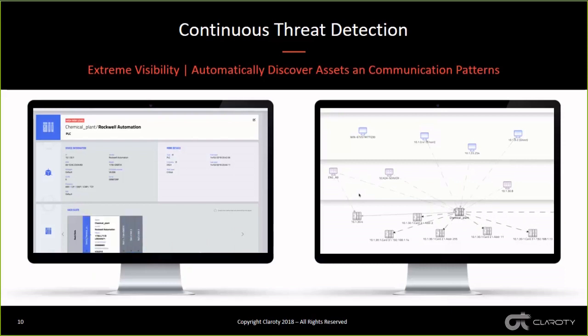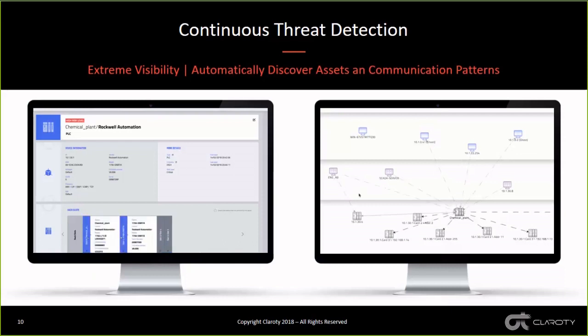Another idea is you can also deploy with a virtual machine. In some instances, that's the preferred method. So just knowing that, then it makes the ease of it come forth. Now, the extreme visibility also means that we are able to know and understand all the conversations going on across